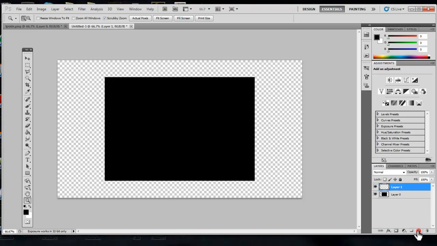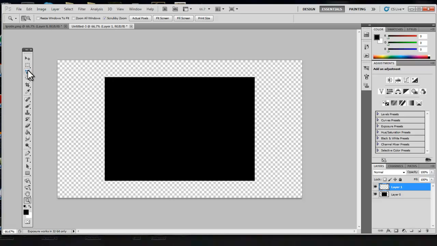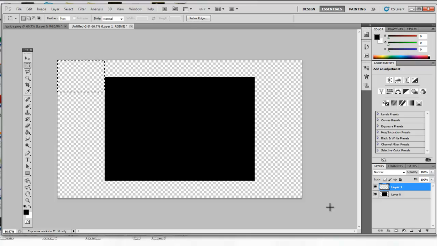So what we're going to do is we're going to make a new layer down here. By the way, if you don't know how to work with Photoshop, you might want to look at a few tutorials before checking this one out, because this is going to use a lot of Photoshop principles and stuff like that. So the first thing we're going to do is we're going to make a box, and we're going to fill it in with black,